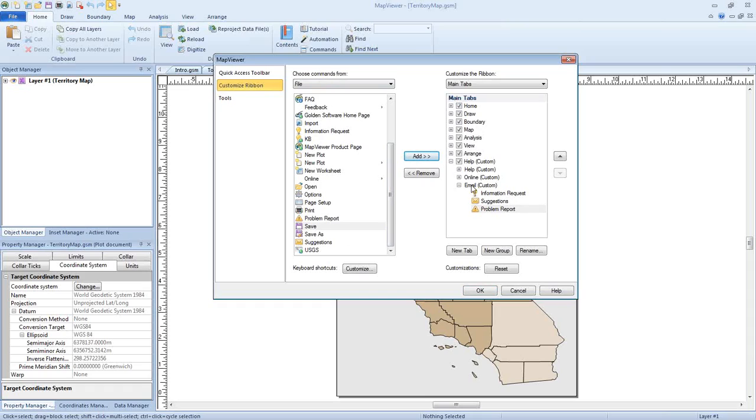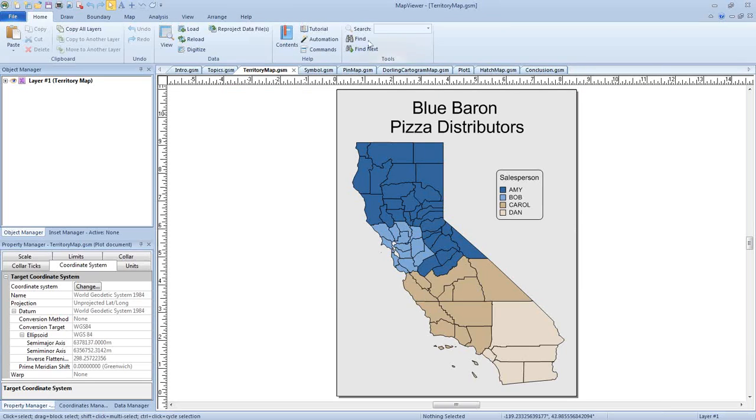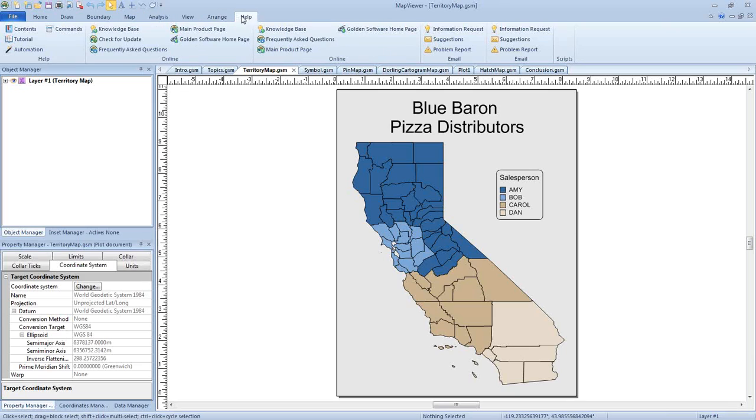If I had a group or a new tab that I wanted to delete, all I have to do is right-click and click delete. But these look good to me now, so I'm going to go ahead and click OK. And you'll see that the new commands were added to, or the new icons were added to my quick access toolbar. And in the help, the new help tab was added here to